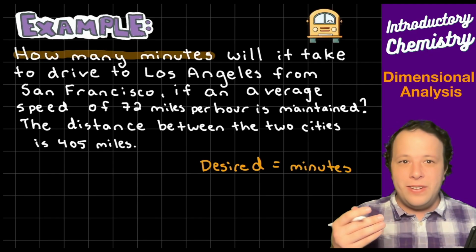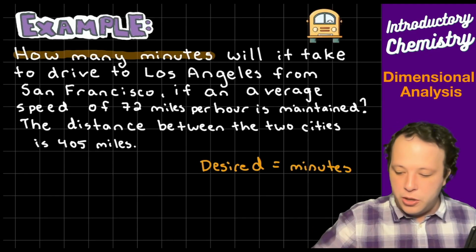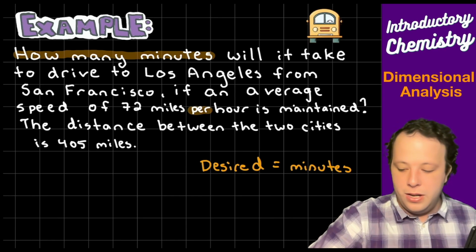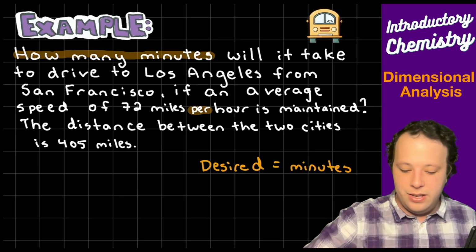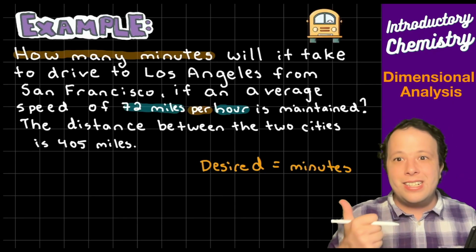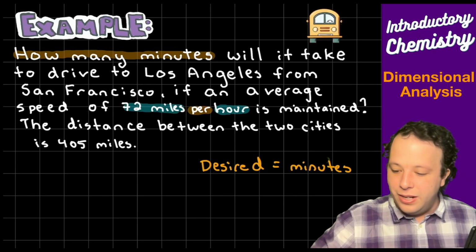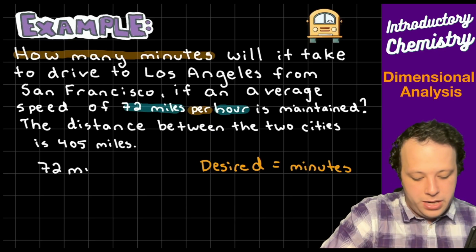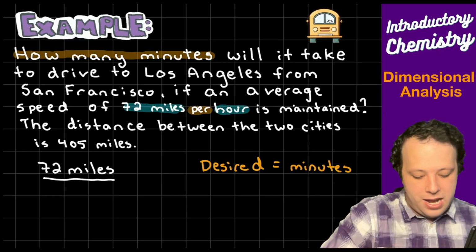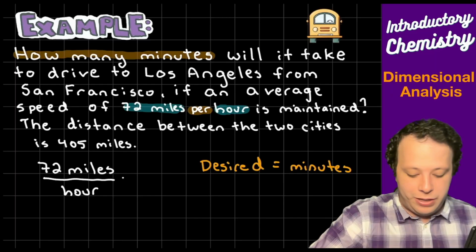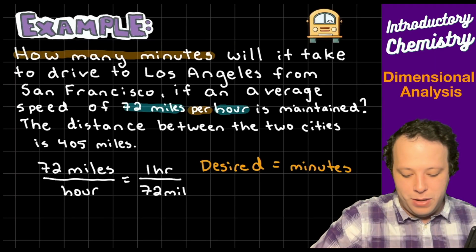And then it says, if you have an average speed of 72 miles per hour, all right, that's a conversion term. We can see the word "per" here, which means I have 72 miles for every hour. That is a conversion that we can define. So we can write 72 miles per hour, and then we have a ratio that can be flipped. Don't forget that, right? So we can also write 1 hour over 72 miles.